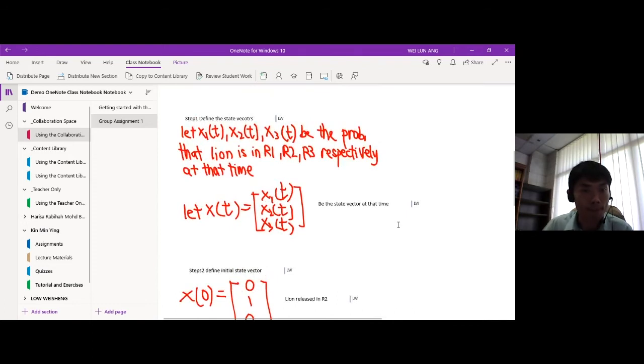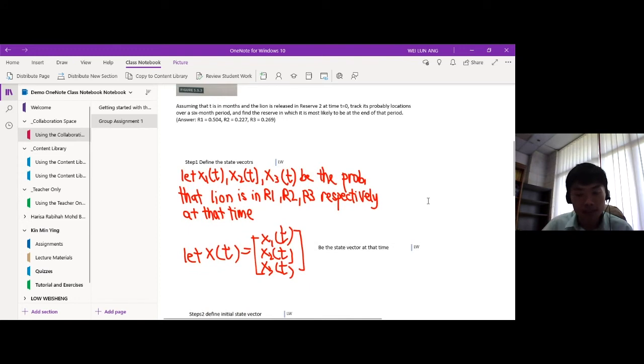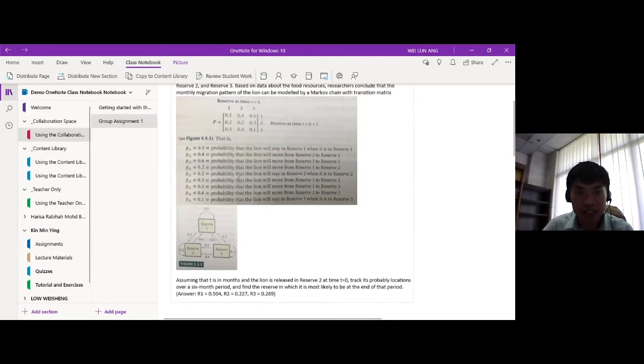Okay, as a non-math person, I come from the humanities. So when you have step 1, step 2, that means LW needs to finish step 1. Then the next person needs to look at what LW has done with step 1 and then propose step 2, or how does that work? And this is a collaborative assignment, right? Yeah. So if you look at the original questions, I already shared it here also. The original questions is only until this part.